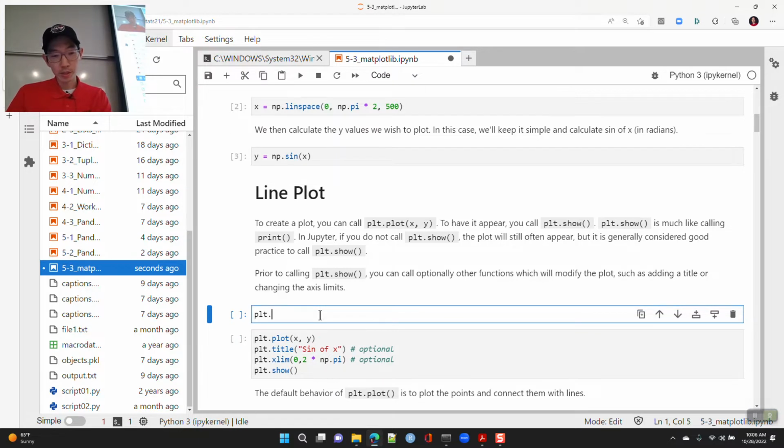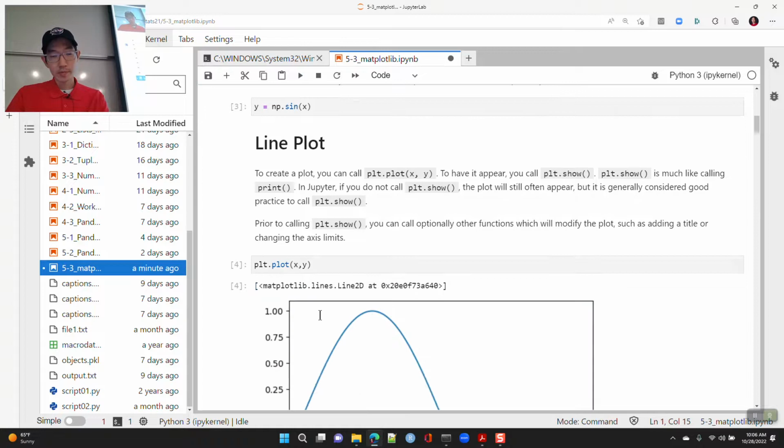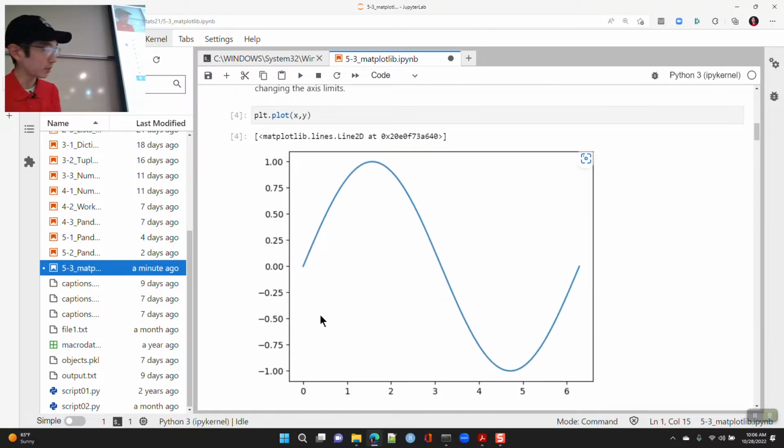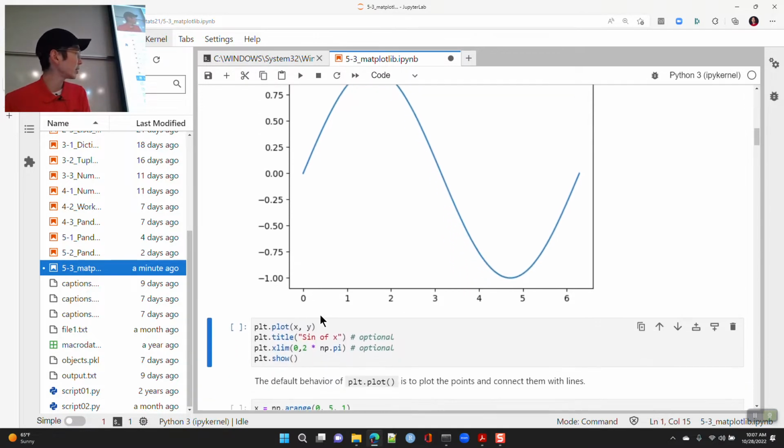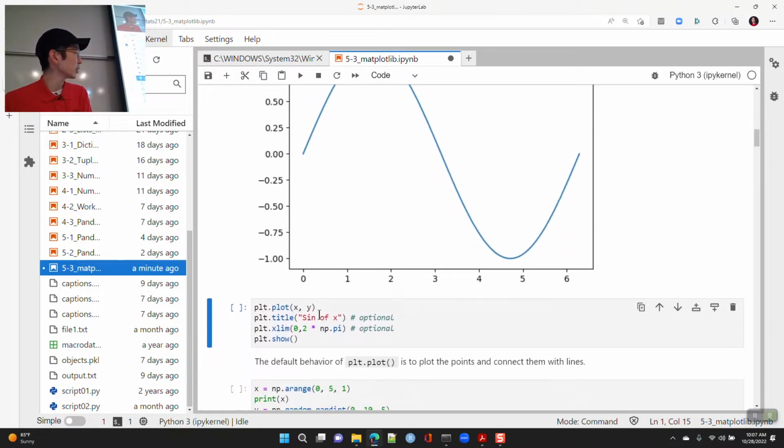So plt.plot x comma y, then you'll get this, and it kind of just does stuff automatically, right? And you can add arguments along the way. So if you wanted to add a title, you can do that. By default, it gives a little bit of a buffer before x and after x.